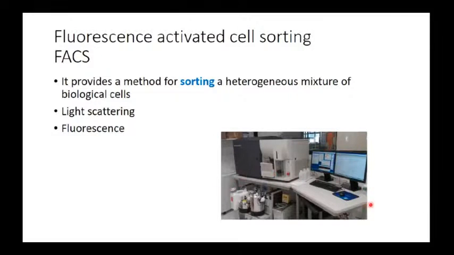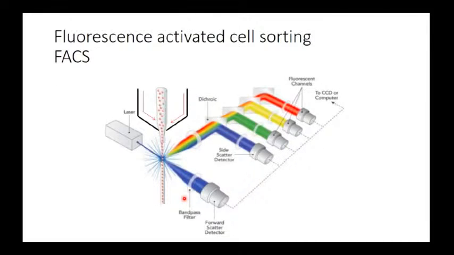So we have the machine, we have of course the computer, which is going to analyze the data, we have the fluids container and the waste container. Now, how does it work? A FACS machine looks like this from inside. So we have also the flow cell and the sheath fluids, which apply the hydrodynamic forces on the cells to pass them one by one through the tube. This is what we saw in flow cytometer in the previous video.